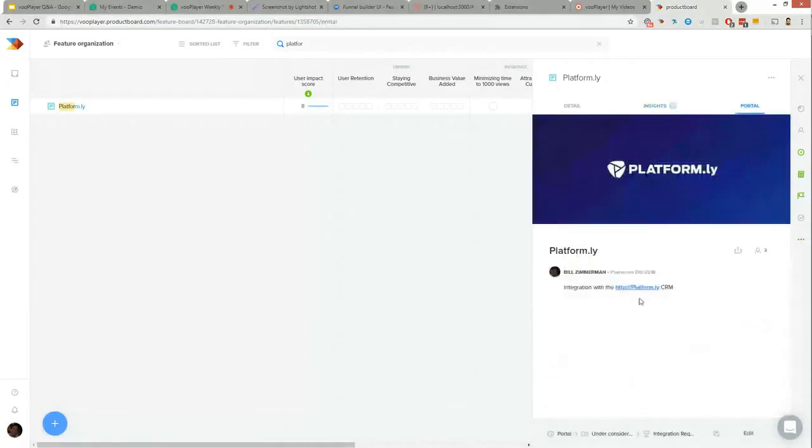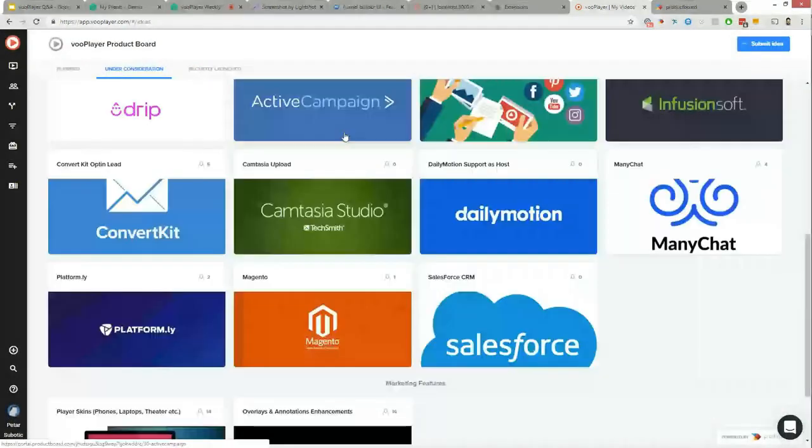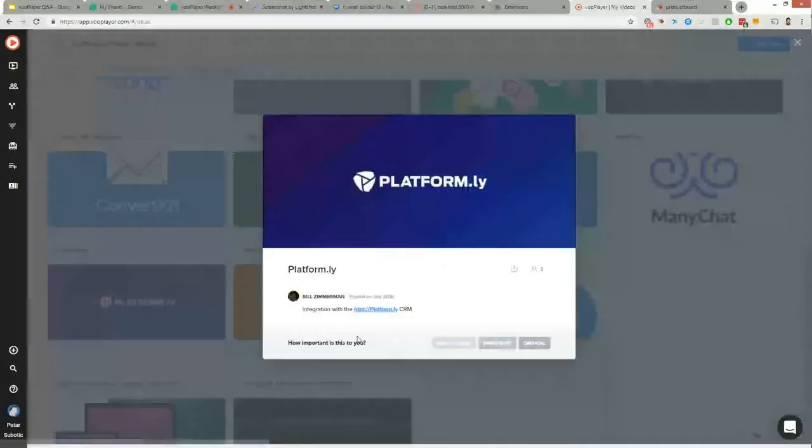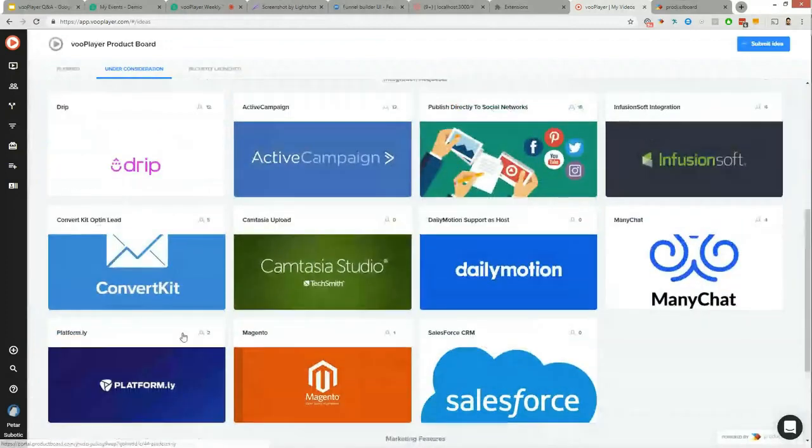Oh, actually, we are considering this integration. It should be on the ideas board, if I'm not mistaken, under consideration, under integration request. There we have it. Platformly, thus far, not gaining much momentum.